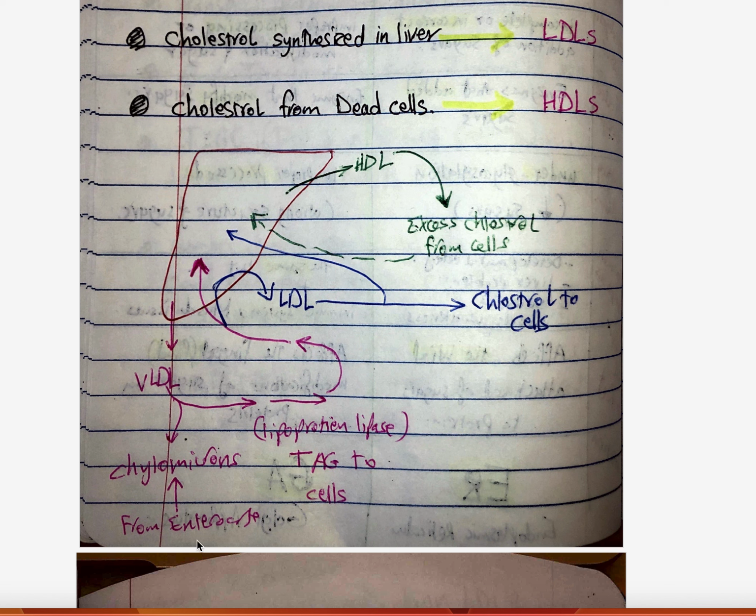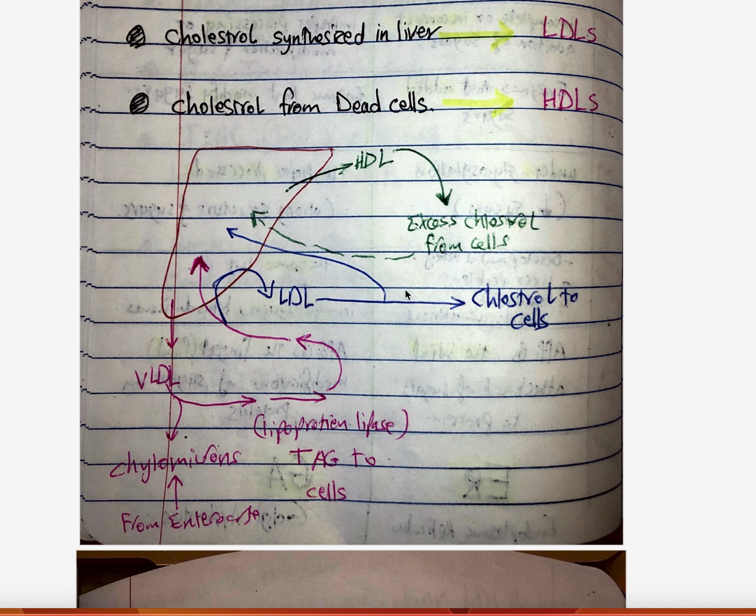Why this? Because the lipid is coming from the diet, so it goes to the enterocytes, which are the cells of the intestine, sorry, and then they are transported through the chylomicrons, and maybe they are transported to the liver. If we talk about the very low density lipoproteins, they take the triglyceride to the cells. Low density lipoproteins take the cholesterol from the liver to the cells, but the high density lipoproteins take it from dead cells back to the liver. Okay,